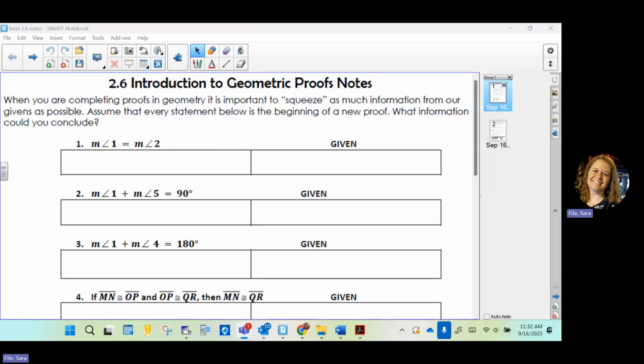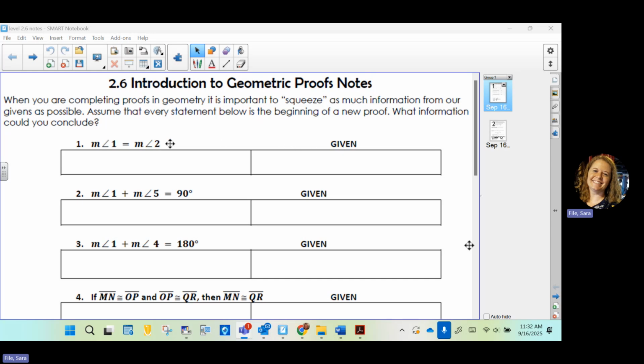So yesterday with the algebraic proofs, we went a little further. We had them in the table format where we had the left column and the right column, and we did all the steps. We're going to take it a little slower with geometric because y'all aren't as familiar with your geometric rules and postulates and definitions. But for these notes, what we're going to do is